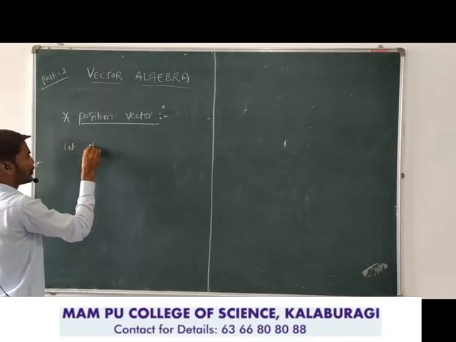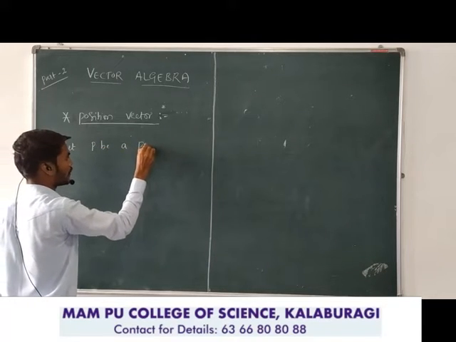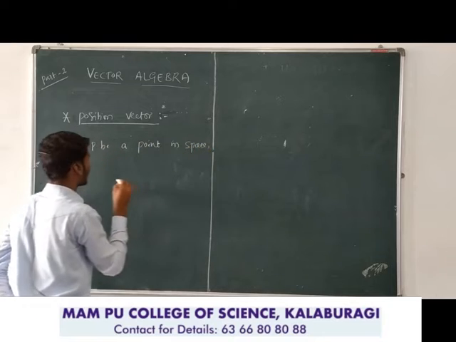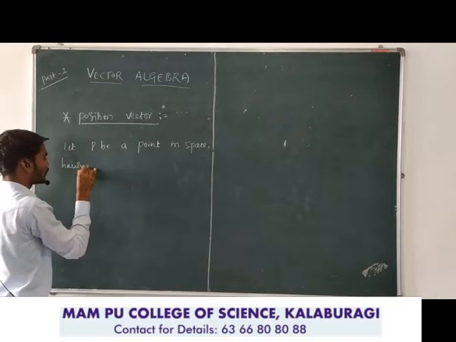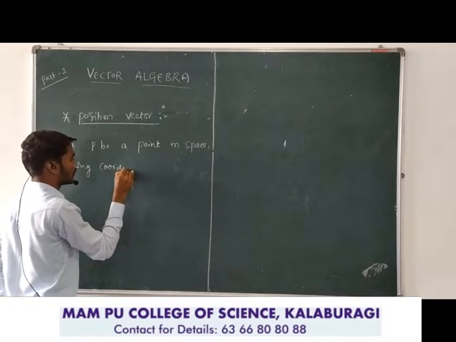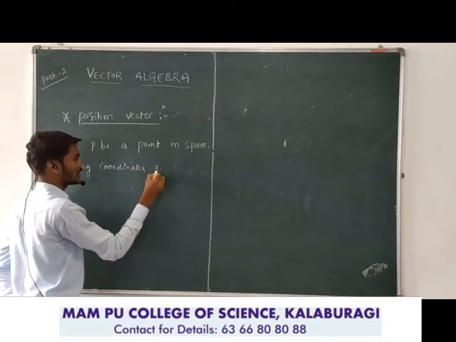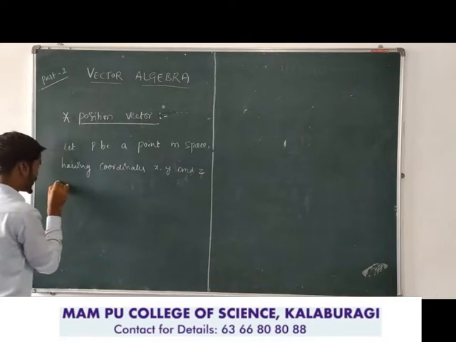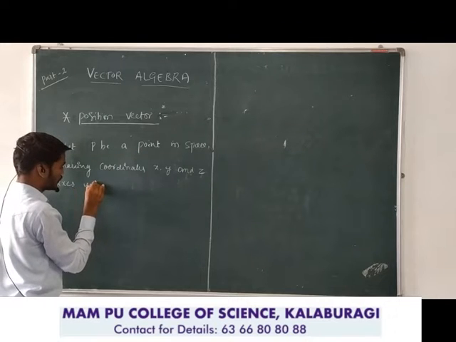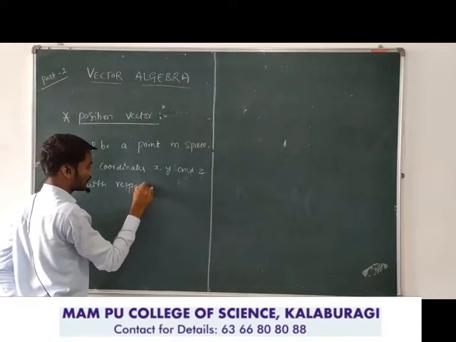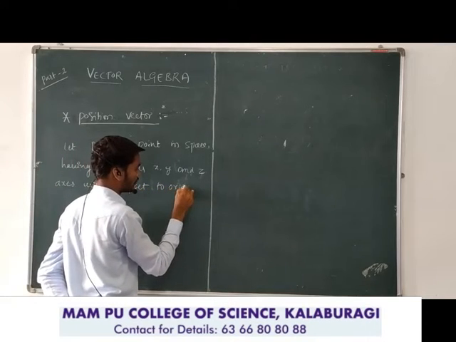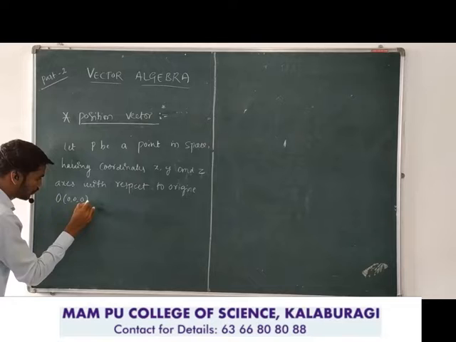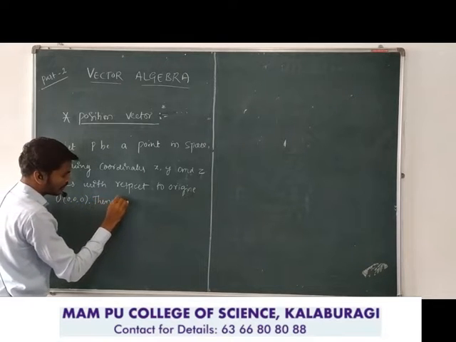Let P be a point in space having coordinates x, y, z axis with respect to origin O, then the vector